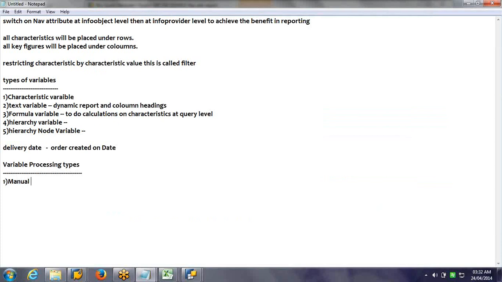That is manual input or default values, through replacement path, customer exit, SAP exit, authorization.